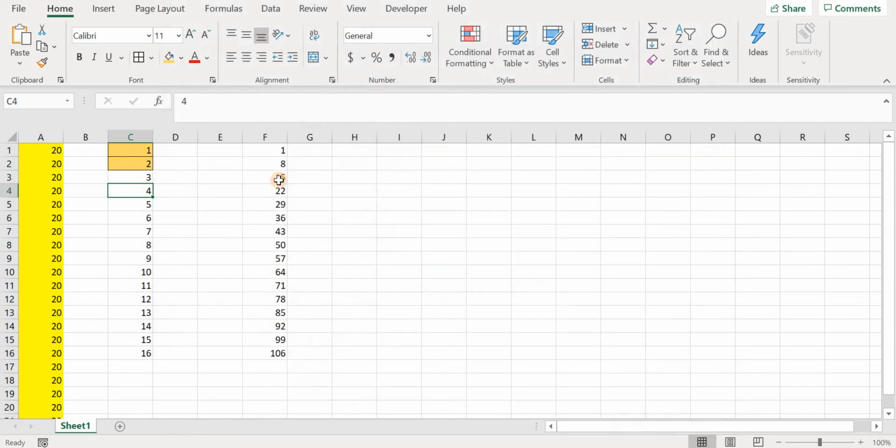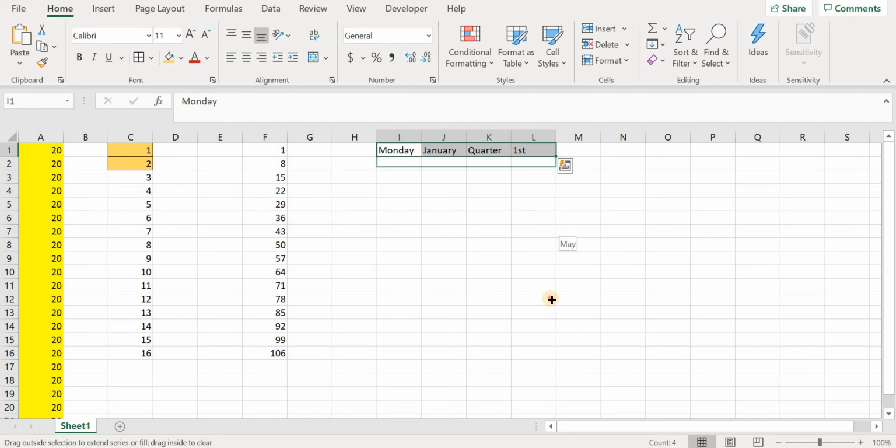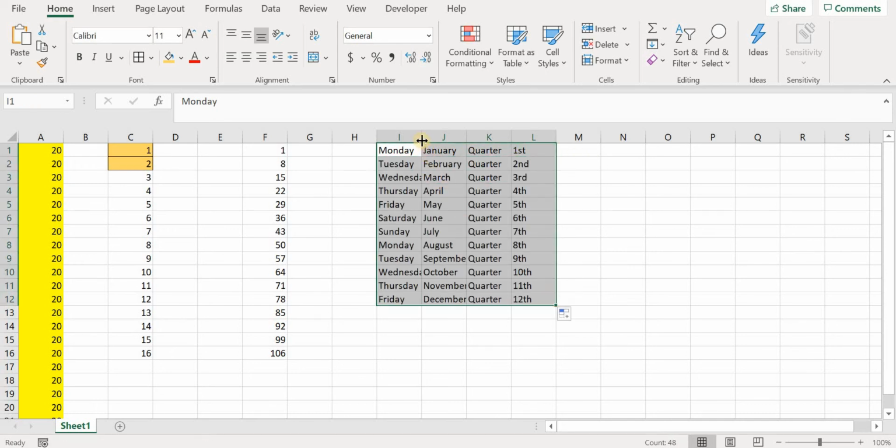Fine. Now I'll show you one more thing. Suppose I write Monday, I write January, I write Quarter, and I write first. If I just simply select all these and drag them like this, see the magic.